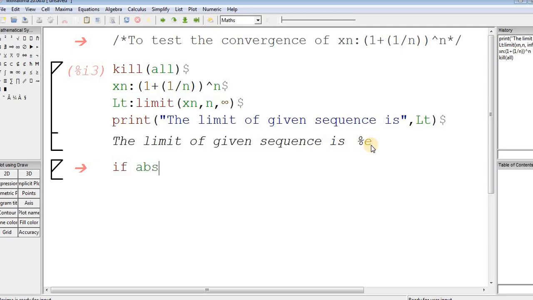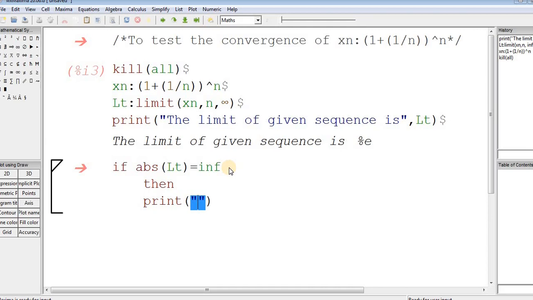If the absolute value of the limit LT is equal to INF, that is infinity, then, with no dollar symbol here, we print: the given sequence is divergent.